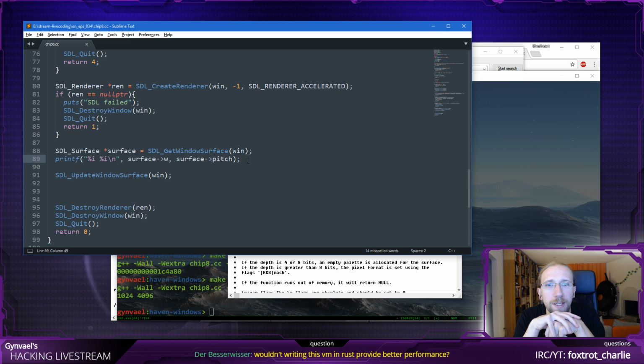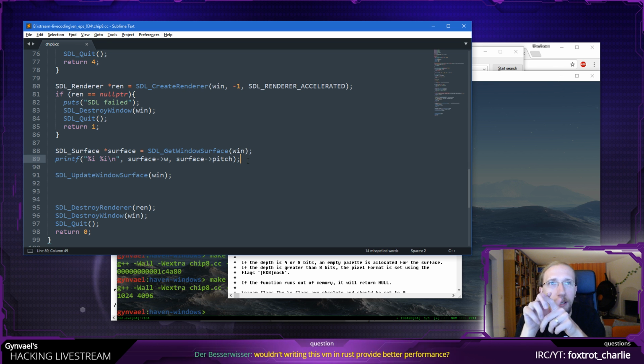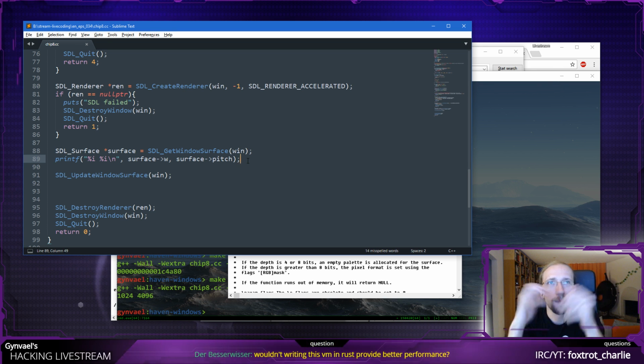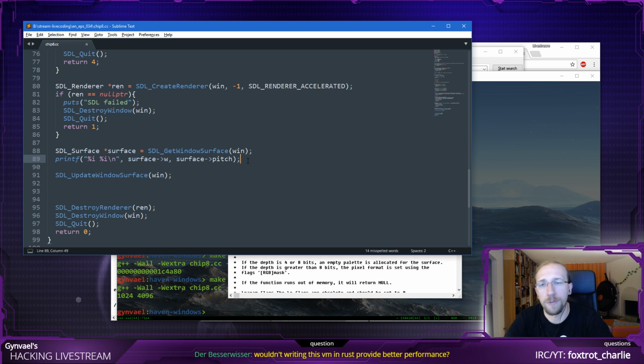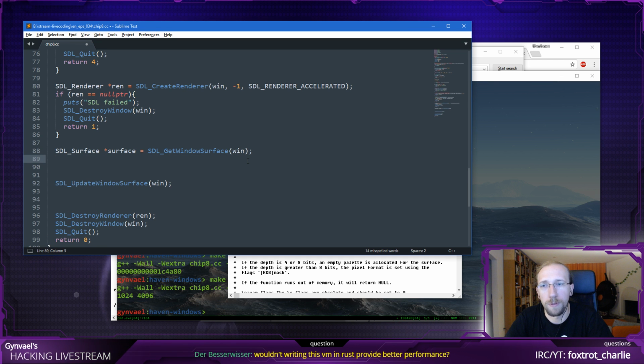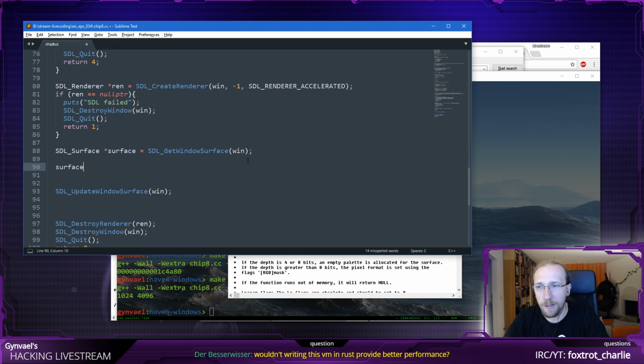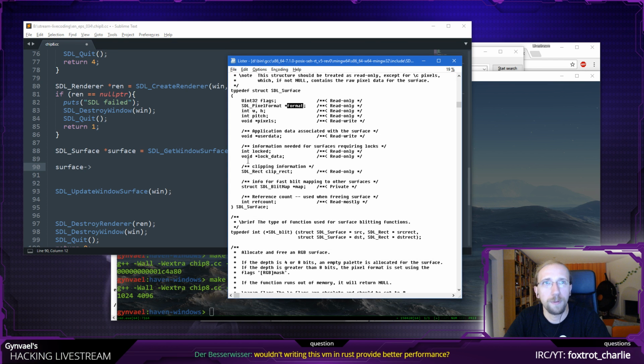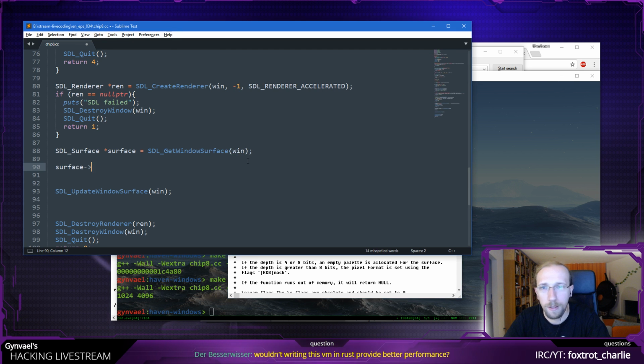It might be quite funny because it doesn't always have to create a 4 bytes per pixel surface. It might create 3 bytes per pixel, but I'm going to assume that 4 is what is going to happen. So surface, then let's draw a red pixel somewhere.